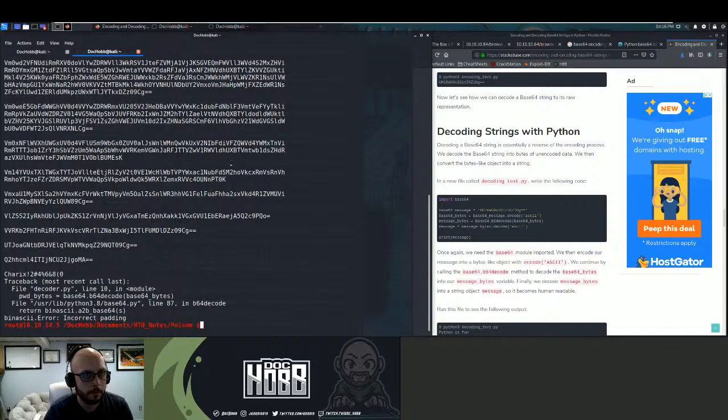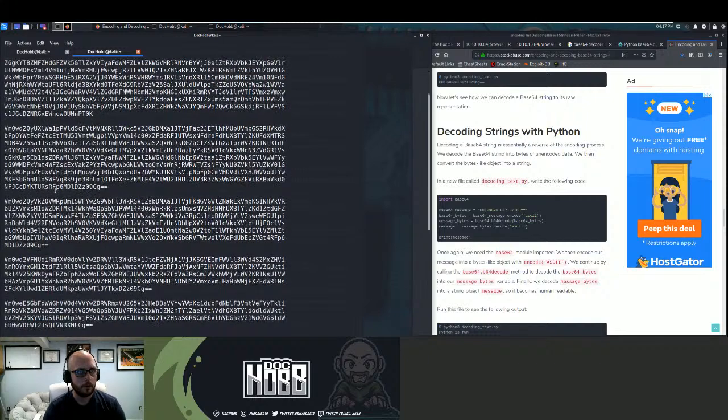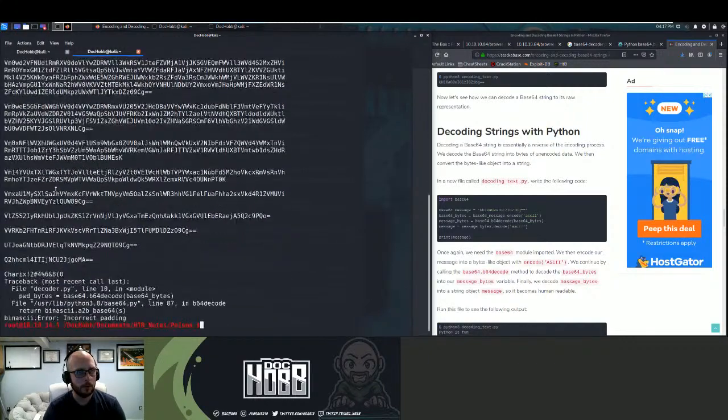All right. So we can see that this is getting progressively smaller each time it gets decoded until we're left with, this looks like it's an actual password. So I'm going to save that.